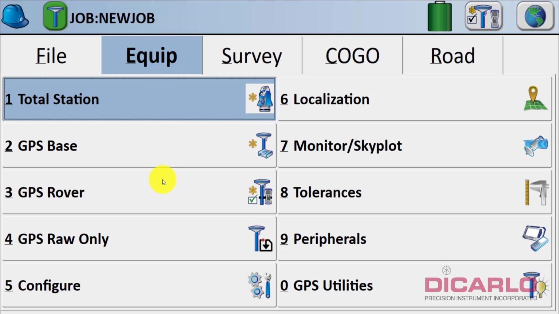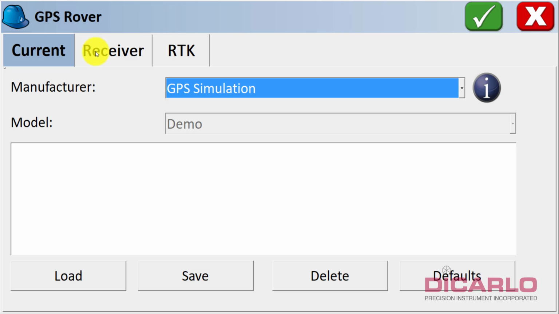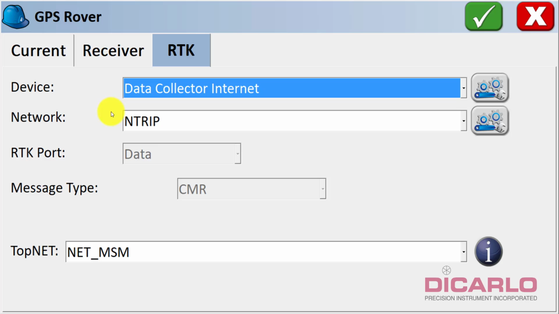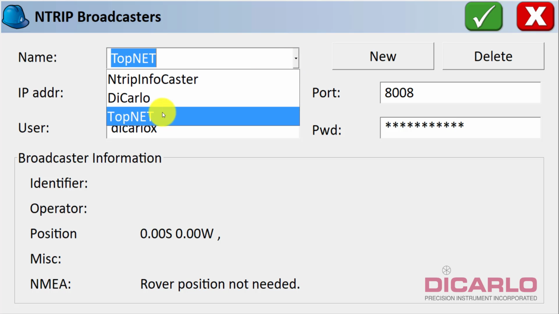Just go into equipment, make sure that your configuration under your GPS rover is set up. I am doing this on a simulation, but this wouldn't matter. So what actually matters is the RTK tab over here. If you're connecting to a network that is an NTRIP type network, then you're just looking at this drop down here saying NTRIP, hit the little hammer and wrench configuration, and this is where you have saved your presets for